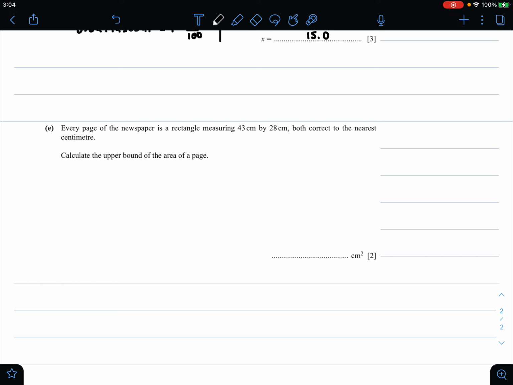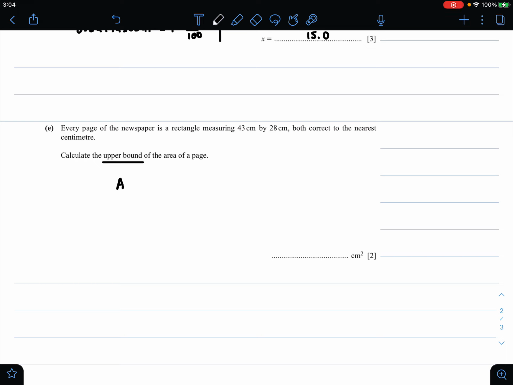Since they are both correct to the nearest centimeter, that gives us an opportunity to either increase the measurements by 0.5 centimeters or decrease it by 0.5 centimeters, depending on if we need the upper bound or the lower bound. In this case they've asked us for the upper bound, so what we do is,